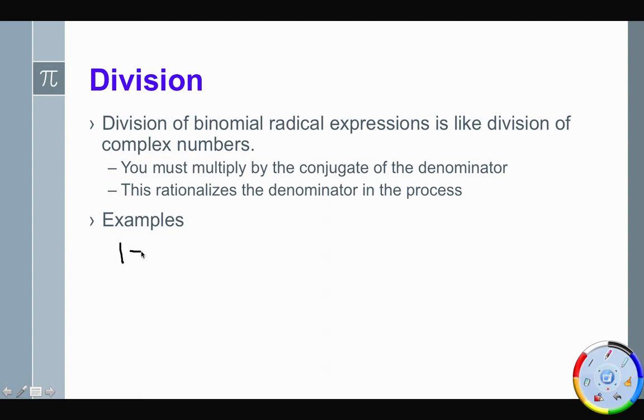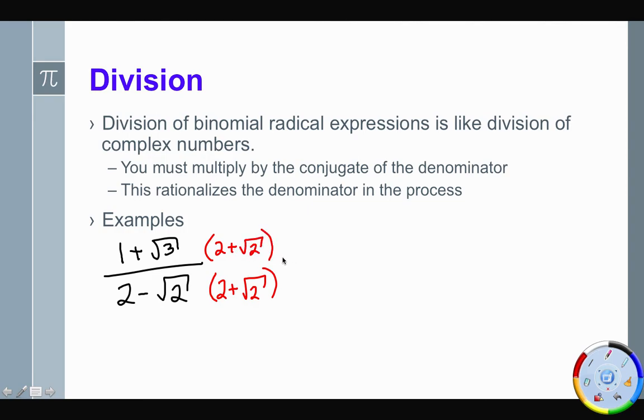So if we have 1 plus the square root of 3 over 2 minus radical 2, we need to multiply by the conjugate of the denominator. So the conjugate of the denominator is just 2 plus radical 2. And we have to do that to both top and bottom. Well, now we have binomial times binomial, which means we have to FOIL some more. So when we FOIL the numerator,